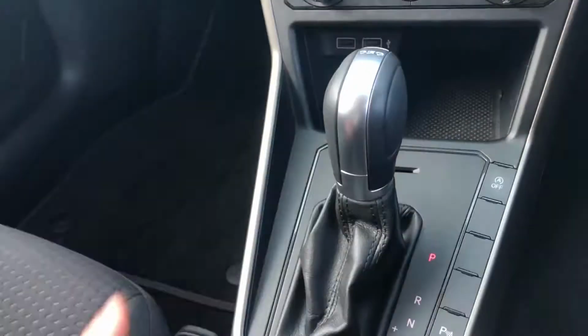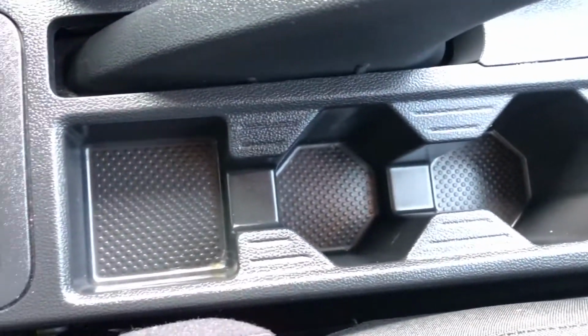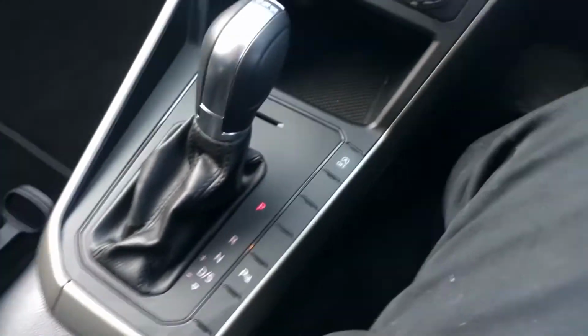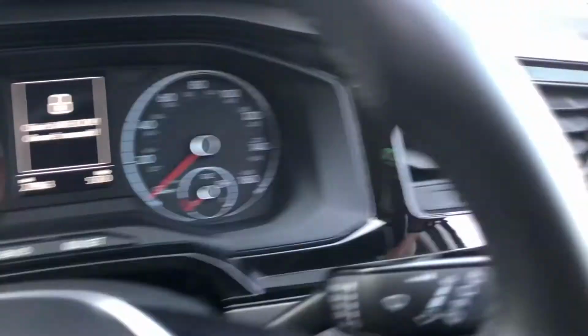For us, we're going to put it back in park because we're not going to drive it ourselves. Under there you've got a 12 volt charger, leather handbrake, and you've also got dual cup holders and a nice bit of storage just there. So for me, that really is pretty much everything I can tell you about this awesome VW Polo, aside from